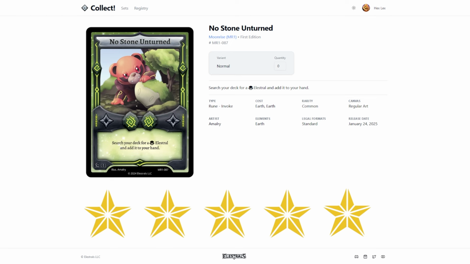No Stone Unturned. I'm going to give this one 3 stars, mostly because this one I kind of don't know what to make of it necessarily. So, this searches golems, and golems are quite good because of liths. Every single lith in the game is a golem. So, you can spend 2 Earth to search any lith, which I don't know if...